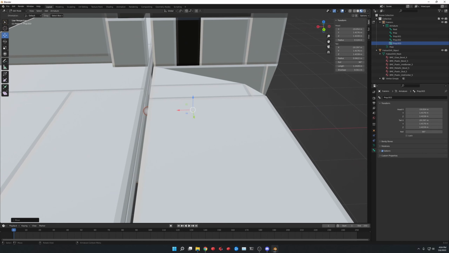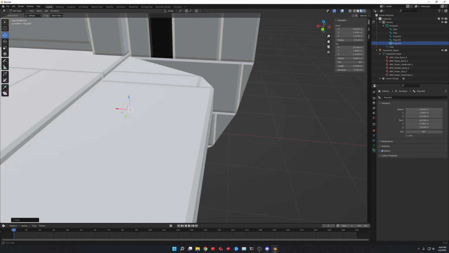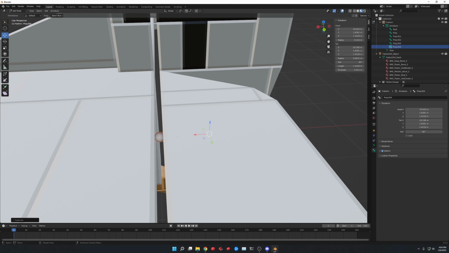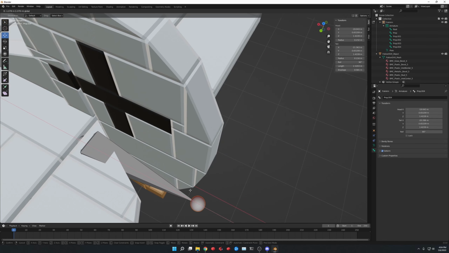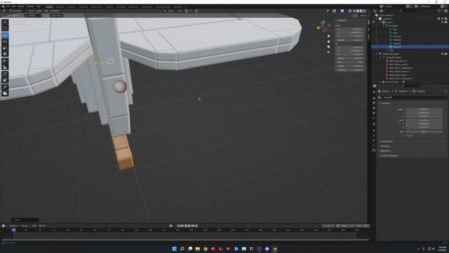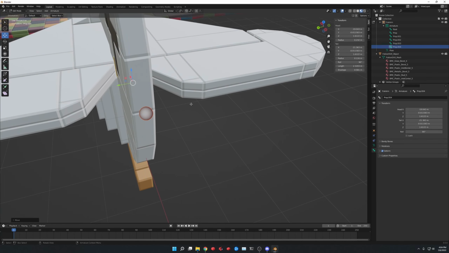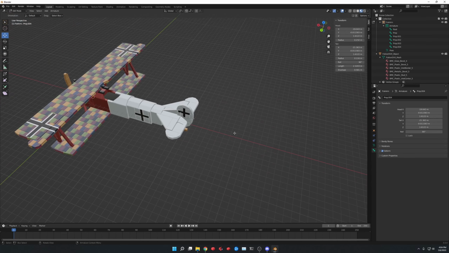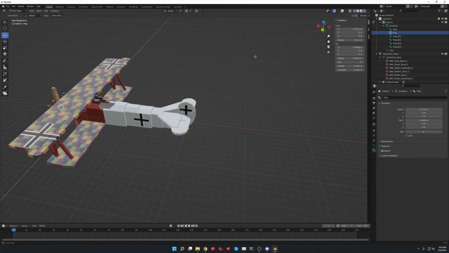And it doesn't matter where this is at all, so I'm just going to put it here. And for the rudder as well, I'll move this out so it's easy to see. Cool. So there's all our bones, and now all we have to do is rename these to be where they